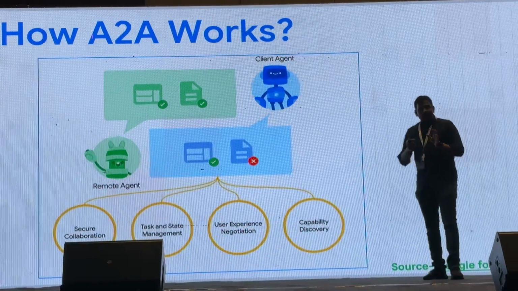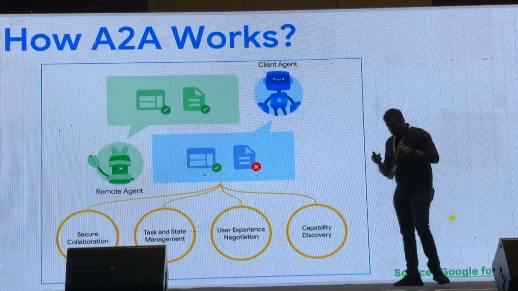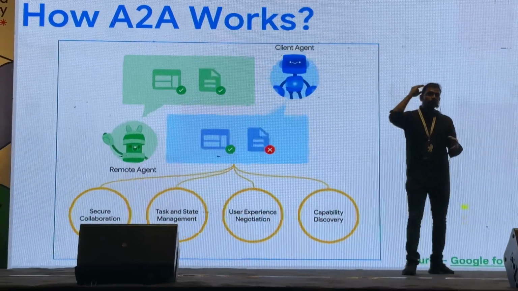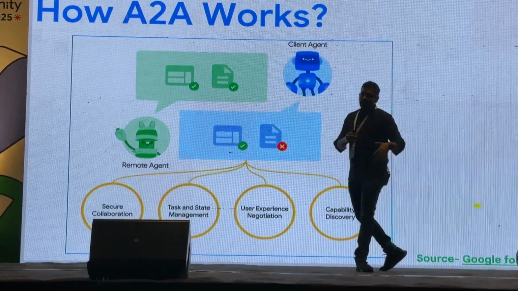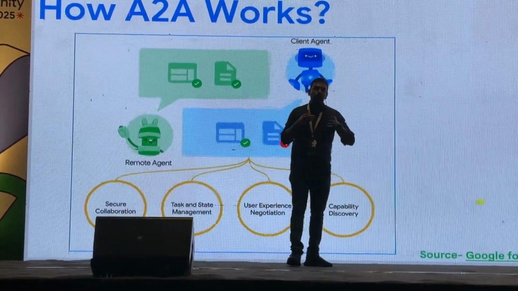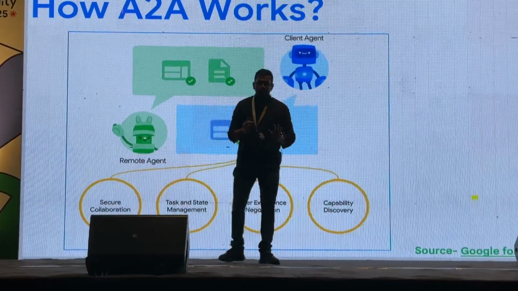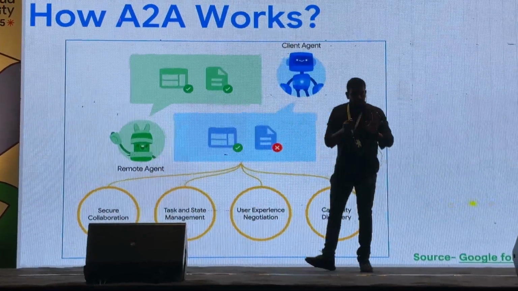And task state management. When agents are trying to interact together, the primary focus will be on the task. It can be a short-term task, or maybe a long-running one. So everything will be focused on the task management system. There is no other sort of buzz.